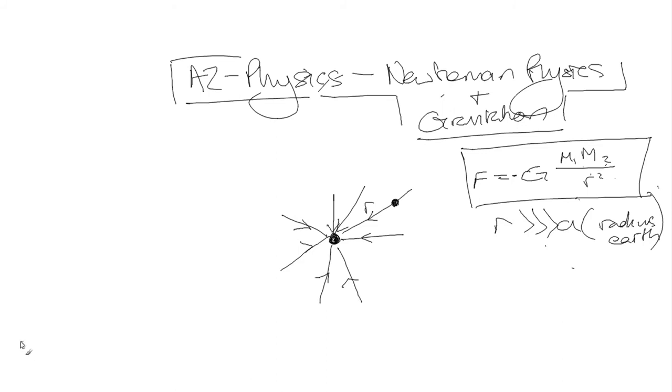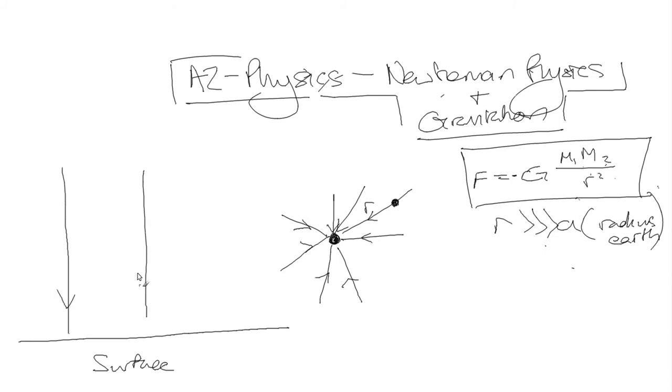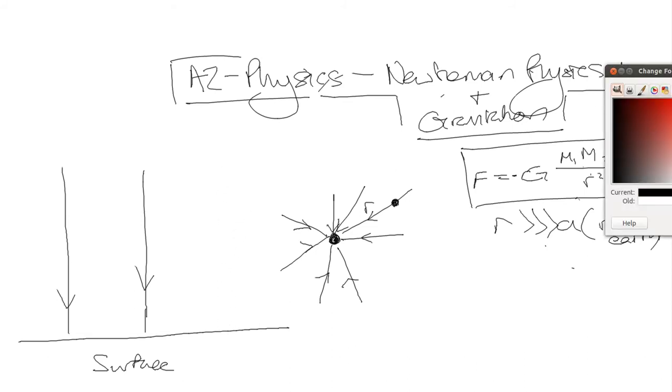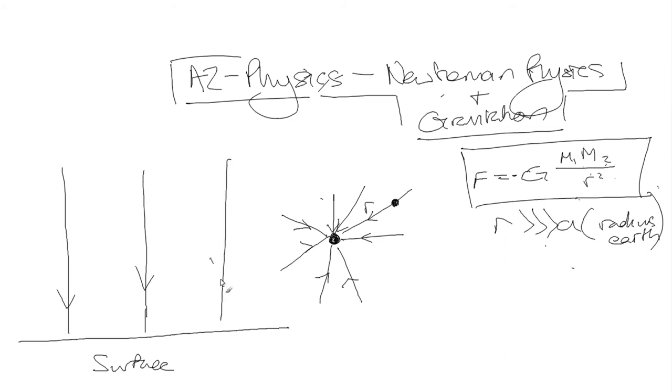As we get closer and closer to the surface of the Earth, let's call this the surface of the Earth, these radial fields will actually act parallel to each other, and in this sense, we don't need to apply Newton's field law. We can just use F is equal to mg, which we already have been using for a